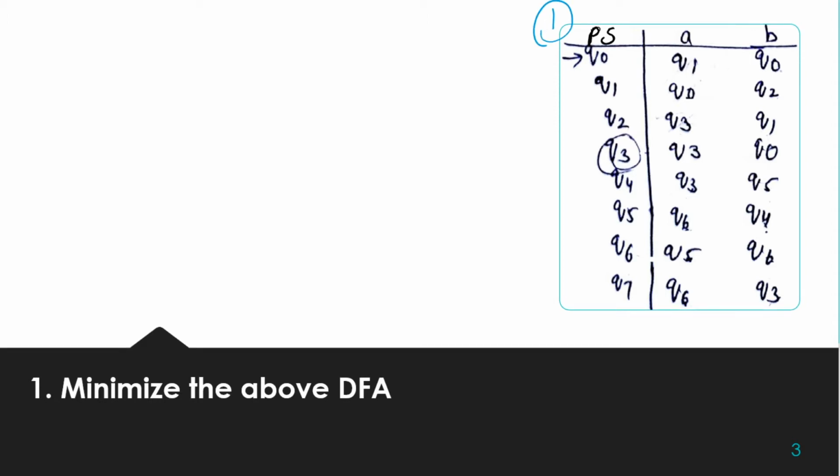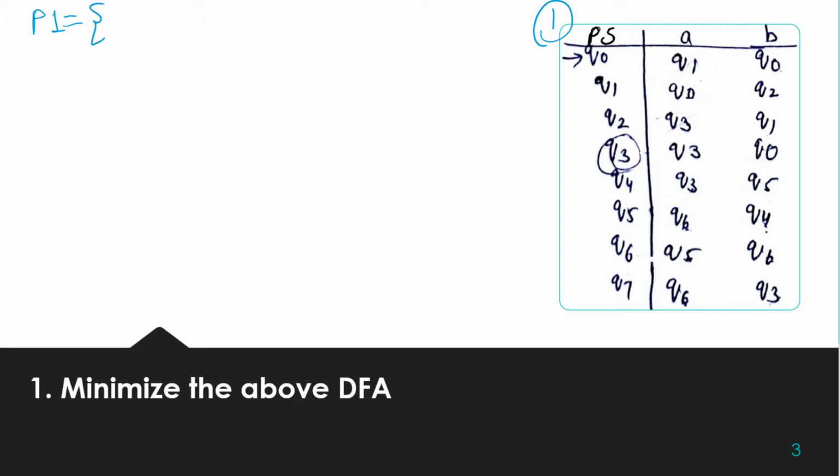So let's start with partition 1. As we have already covered, firstly we have to find the unreachable states from the initial state, the states that have no incoming path from the initial state. All those states can be easily removed from the DFA. Starting with the second process of partitioning, in the initial stage we are going to partition the states into two groups, that is the group of non-final states and the group of final states.